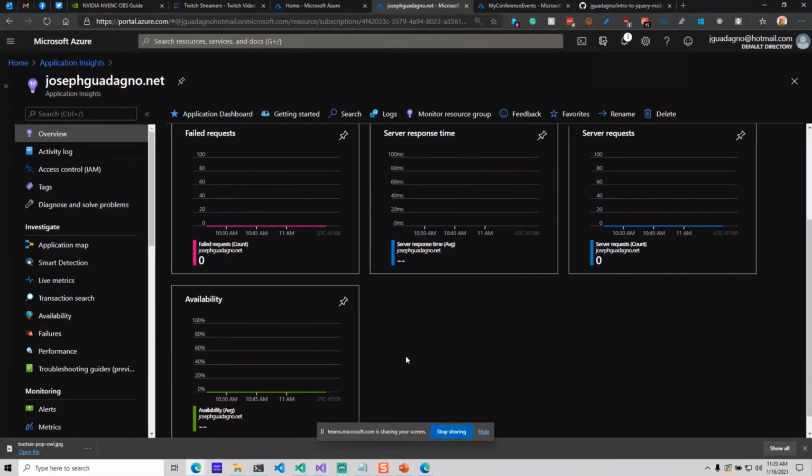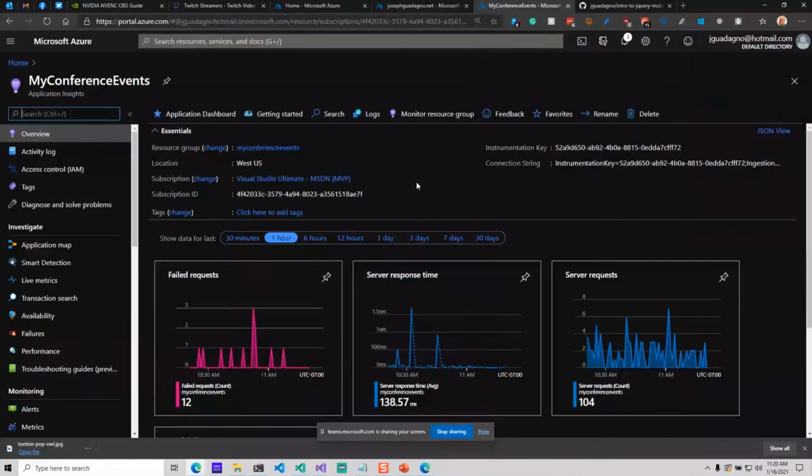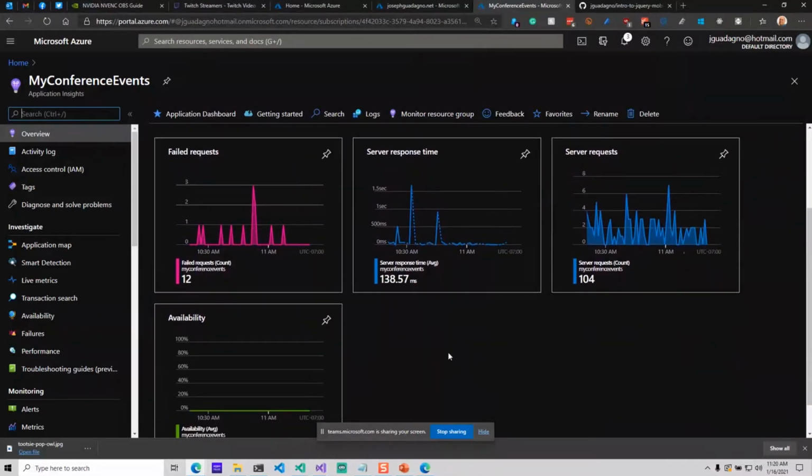Sadly, that's partially true, but in this particular case, it's not true. This monitors the servers, and my site now, josephguadagno.net, is hosted in GitHub Pages, so I don't monitor the actual server pages. But we'll see in a site like this one, which is my CodeCamp site, there are actual numbers in here. You can see here I had 3 failed requests at 10:52 a.m., which is about 30 minutes ago